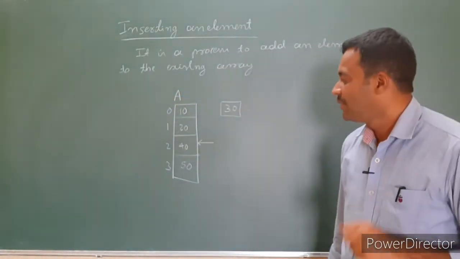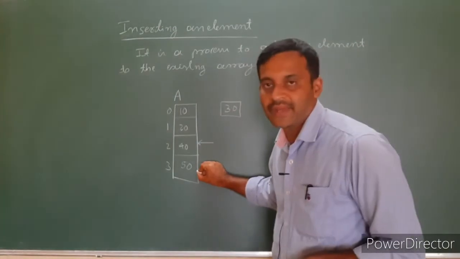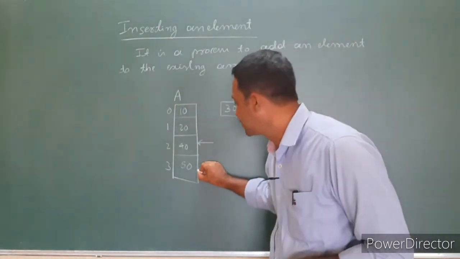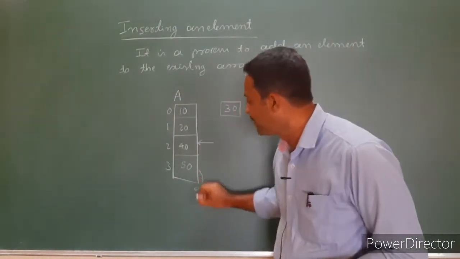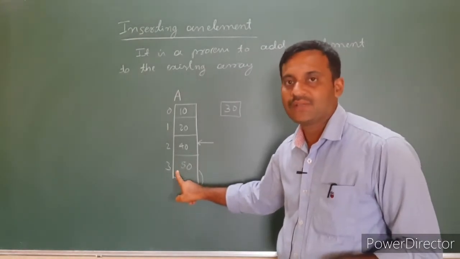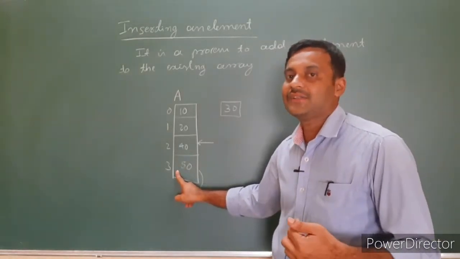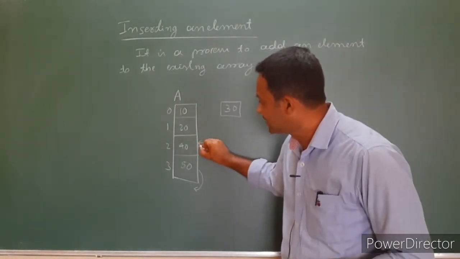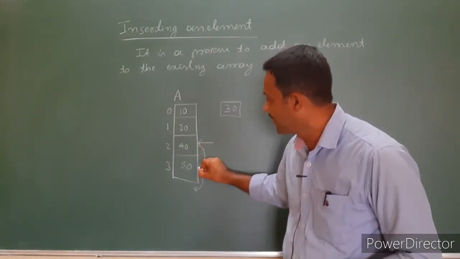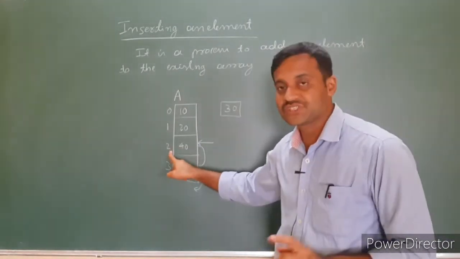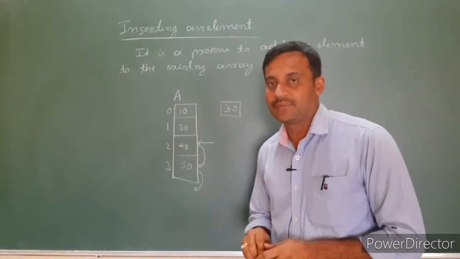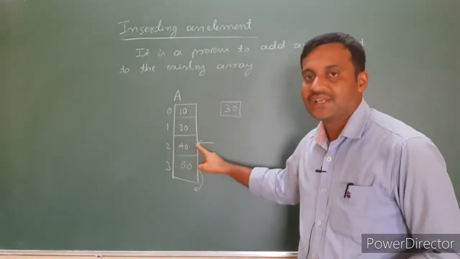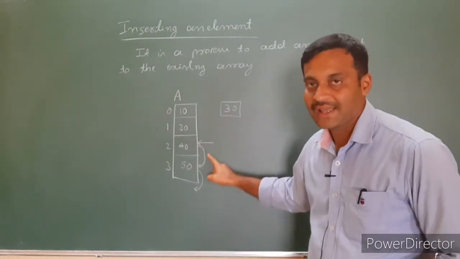No need to insert an element from the beginning, but here is a method to insert an element. We have to shift the last element to the last plus 1 position. If it is an n element array, then we have to shift the nth element to the n plus 1 position. Then we shift the second position element to the third position. When it becomes empty, in that position we insert an element.